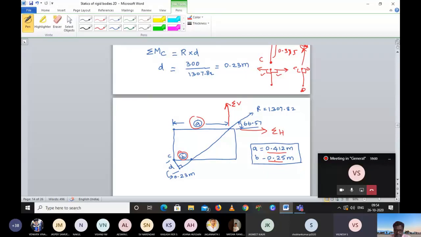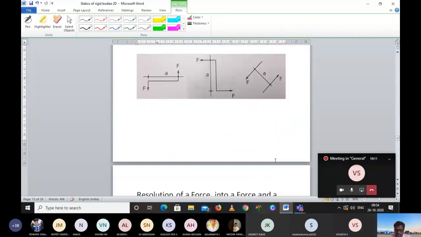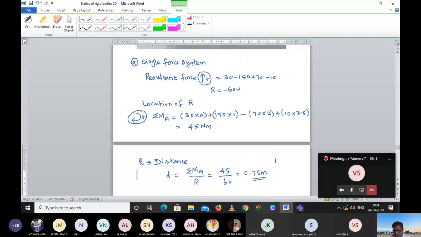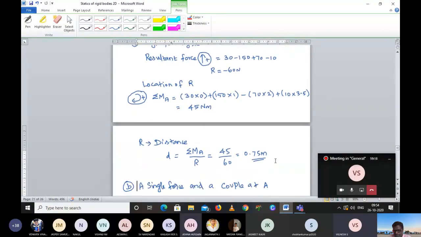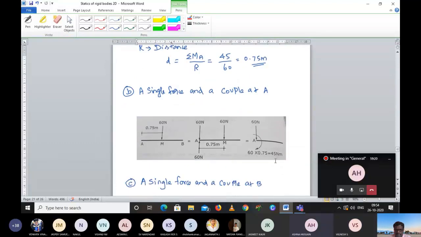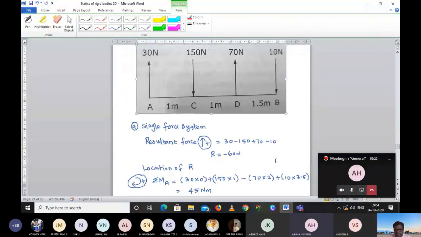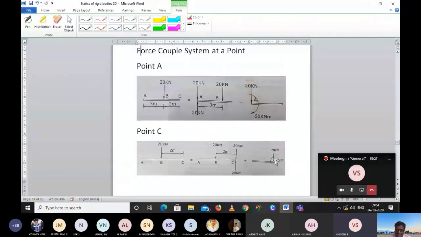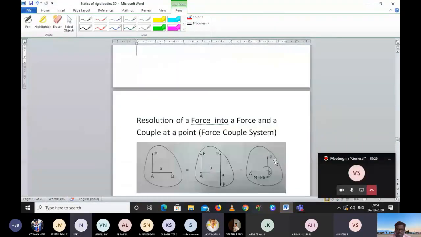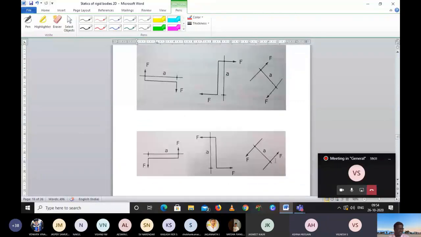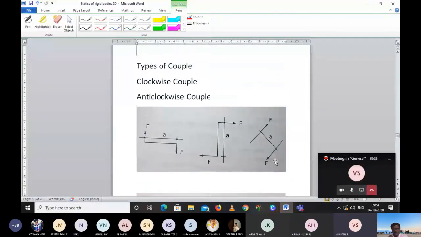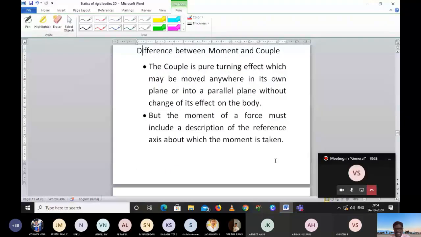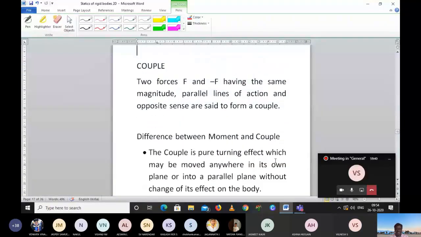Okay, so the next one is force and couple. Did you come across these notes? Yes, sir, it was there in the PDF. Did you come across this one? No, sir. People are busy, so definitely you won't study. I knew that. Even if you studied, you want to hear from me. Okay, fine then. Now, please take a note.